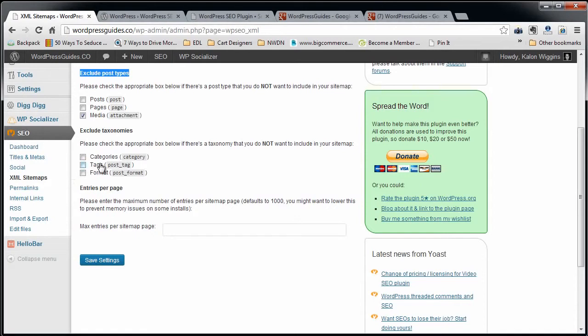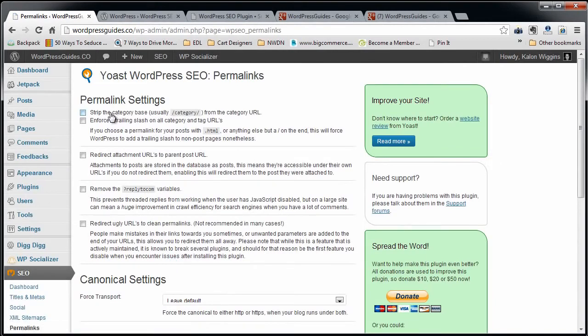You can exclude your categories, tags, and format. I'm going to exclude my format. You can set max entries per sitemap page. I'm going to click save. Okay, in the permalink section, one thing that I do think is really nice is right here, the strip the